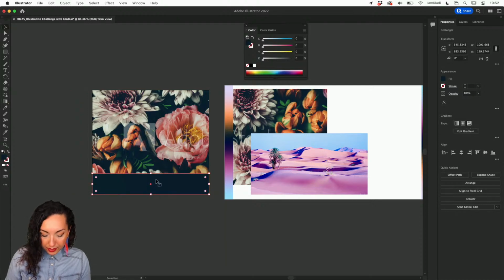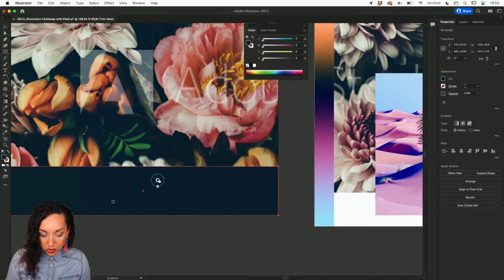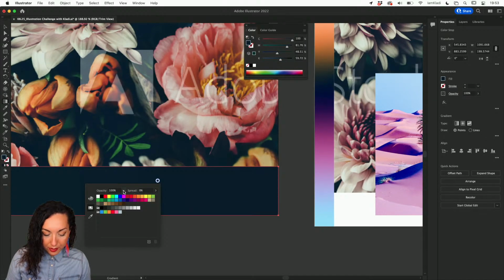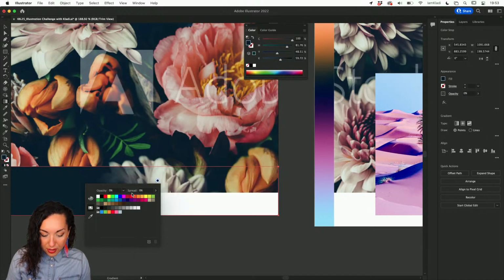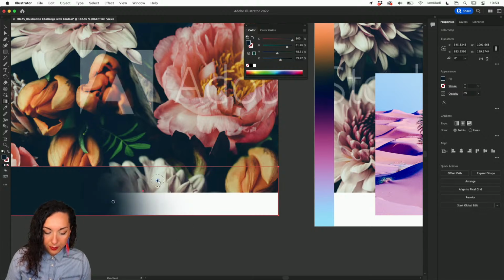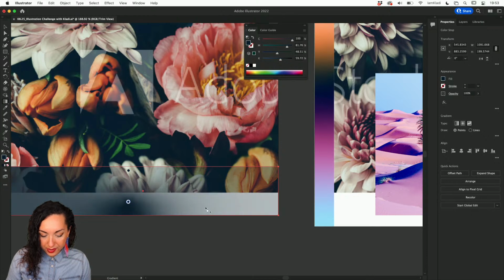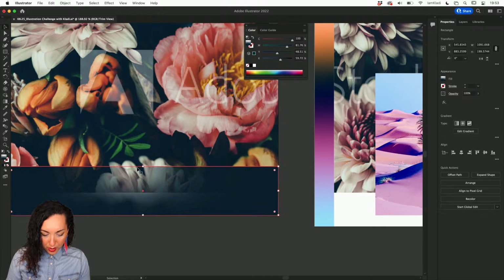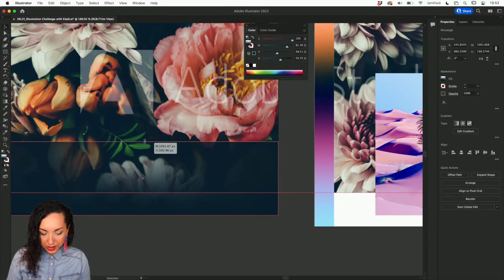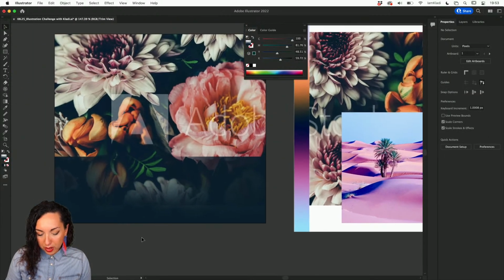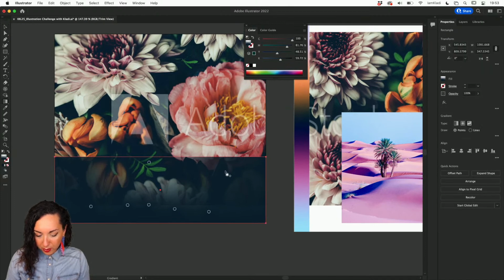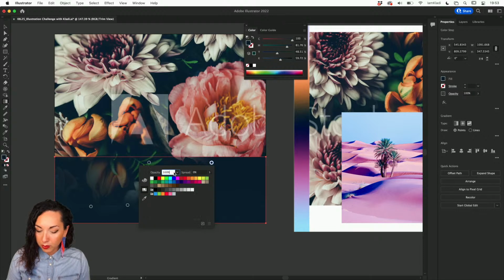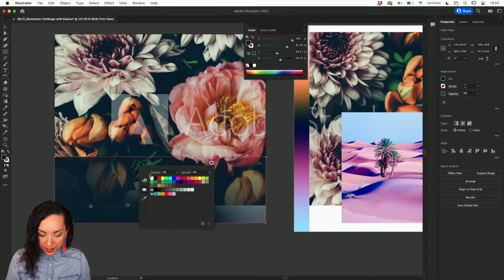But look here at the gradient, at the color stop that is on top. I'm going to double click on it and I'm going to change its opacity to 0%. Now I'm going to make sure that I keep these at the top and I add a little bit more of this darker color stop at the bottom. I think I would have probably got away with just a linear gradient. But what I'm trying to show you here is that probably a linear gradient would have done a better job here, because otherwise I need to add a couple more of 0% opacity